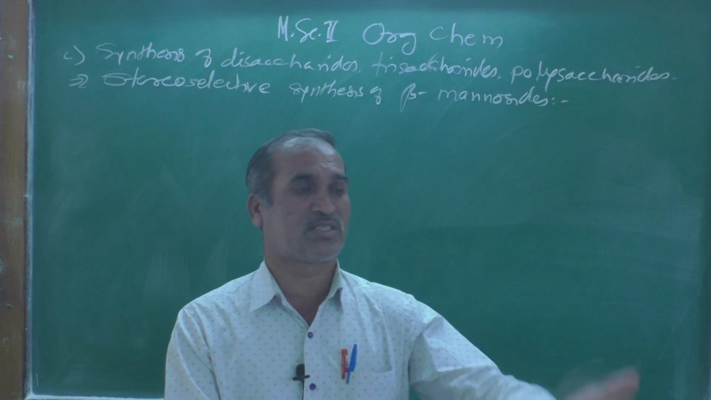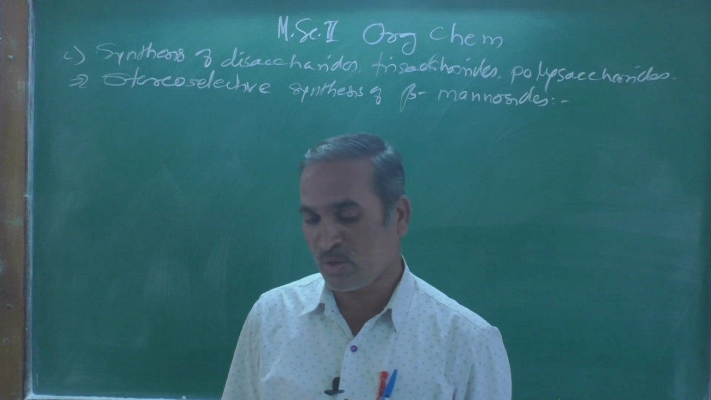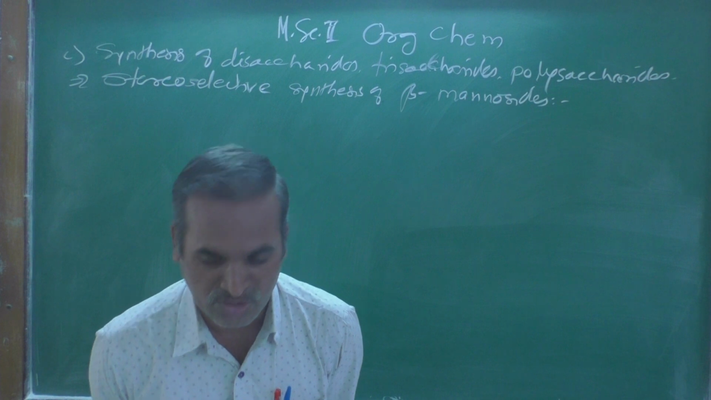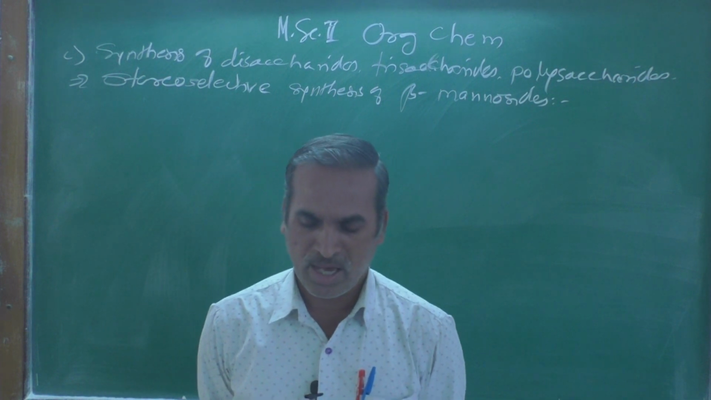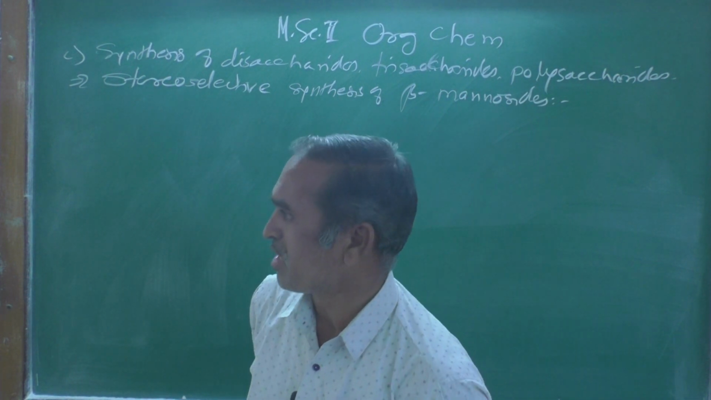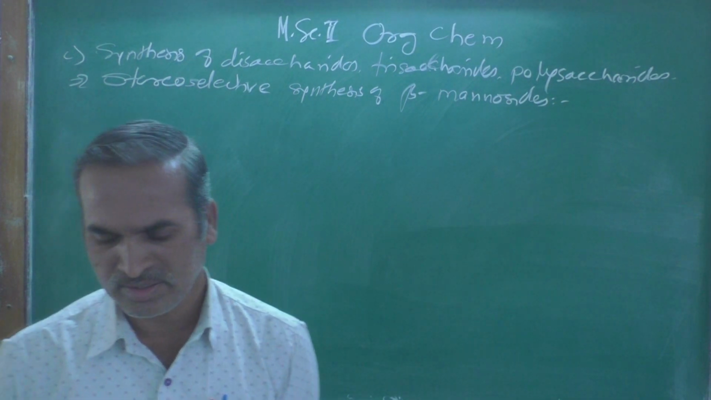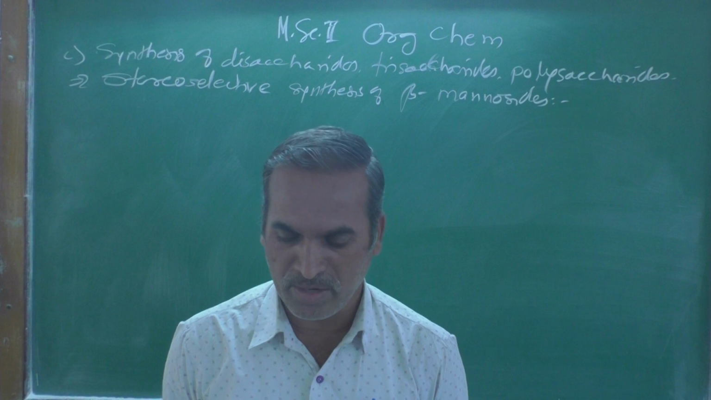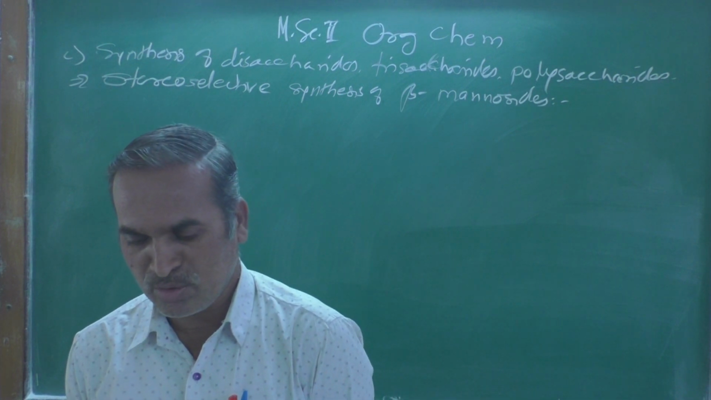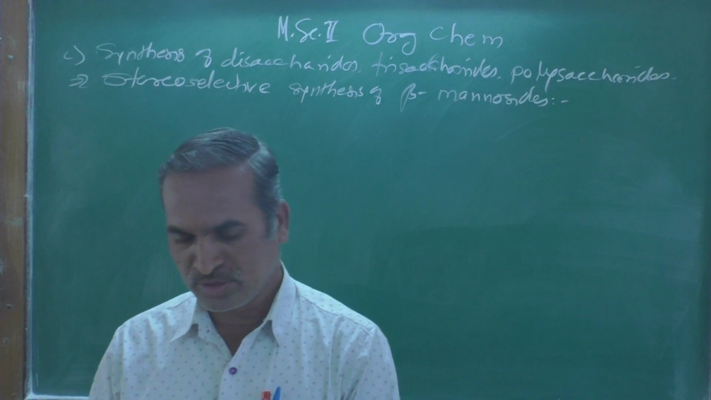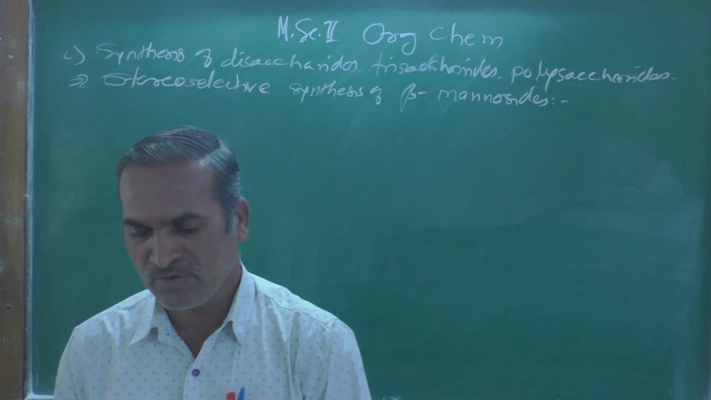And whatever we have discussed in the previous point as the synthesis of glycosides, similarly here is the stereoselective synthesis of beta-mannosides. How can we get only these beta-mannosides? Let's talk a little bit about it. Beta-D-mannopyranosyl residues are frequently found in